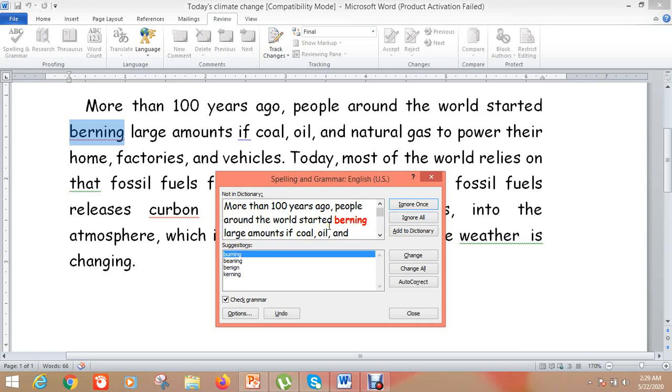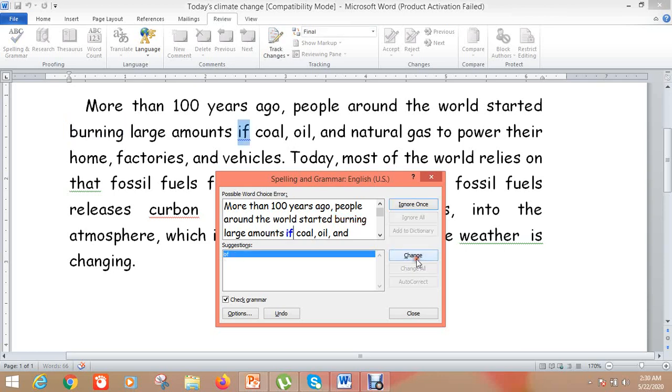Berning is wrong, and the correct spelling is burning. Now if you want to change, click Change All, which changes that specific word burning wherever it is used in the whole document with the correct word.